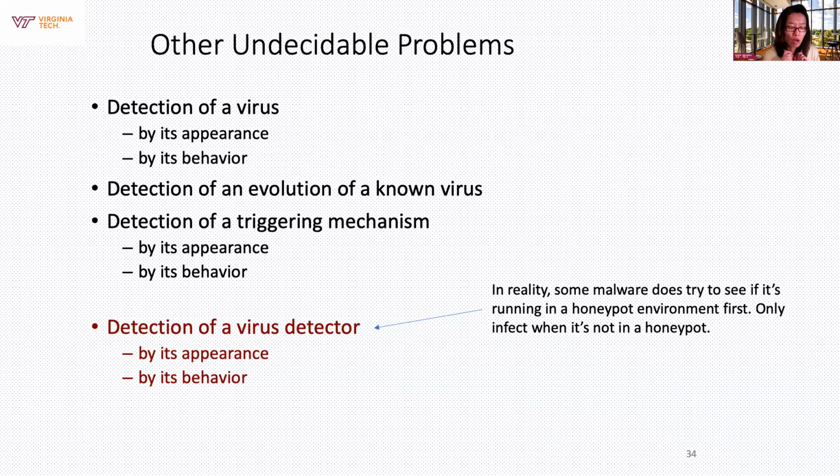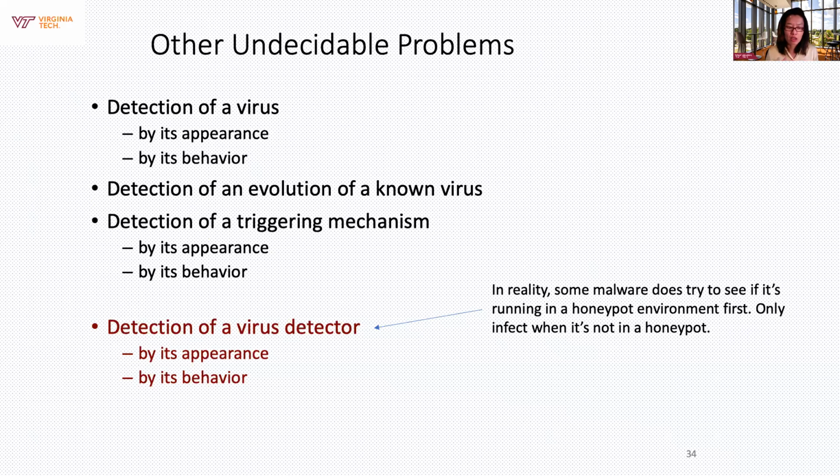That is, if I want to know, am I executing in a honeypot environment? Am I being scanned by a virus detector and the antivirus system? It's also undecidable. And so why is this? What's going on here? It turns out a lot of the attackers don't want to attack just about anything. They only want to attack when they're in a real environment. If they sense that they are in a honeypot environment, then they will choose to do nothing,